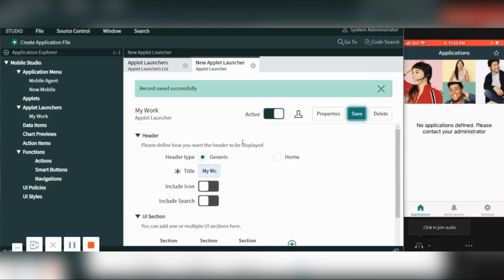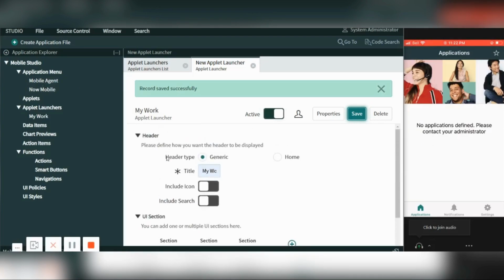By the time I save this applet launcher, you will see various applications and modules on the left hand side: mobile agent, now mobile, applets, applet launcher, functions, UI policies, UI styles. Like I said earlier, we have two apps, mobile agent and now mobile. Now mobile is for the requesters, mobile agent is for the fulfillers. So we are going to cover mobile agent.